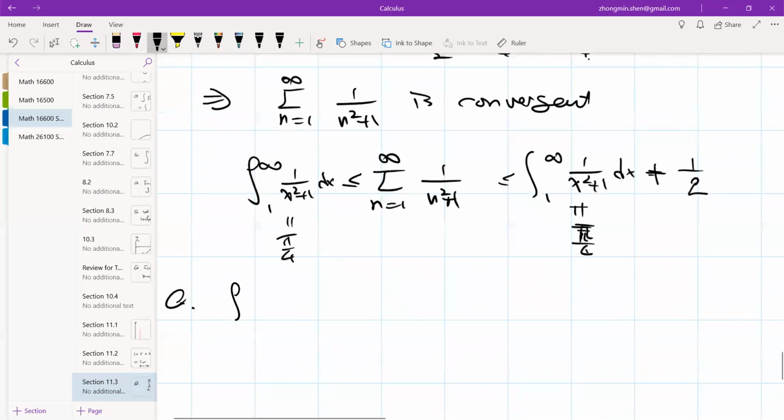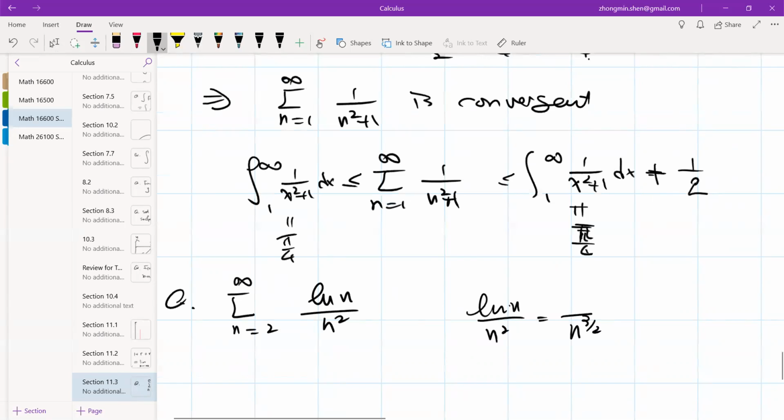Okay, the next one. This is n squared natural log n. Okay, is it going to be convergent or not? I think it's convergent. Why is it convergent? This is the way I'm analyzing. Okay, when you're given a series, you know, you can